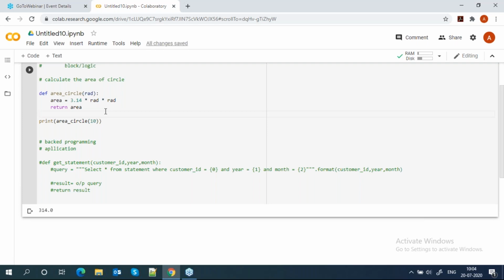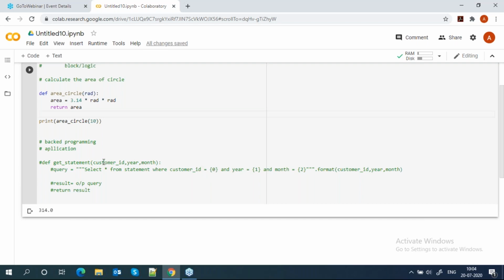After accessing query, can we make changes within that query using functions? No, we cannot just define. This query is completely constant. The parameters here, like customer ID, year and month, are dynamic.